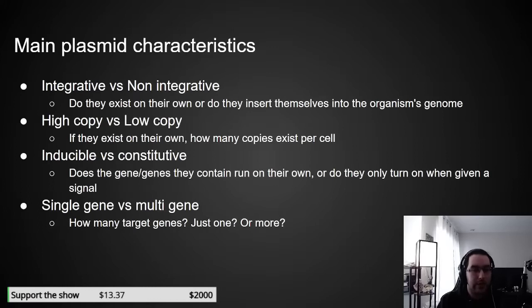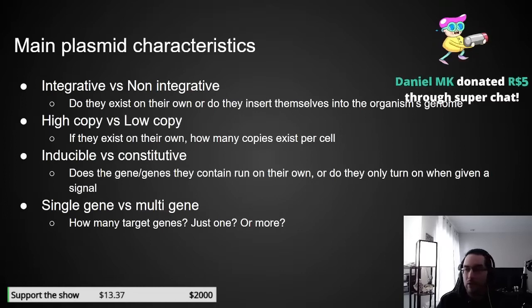When the E. coli detect that there's no more food or very little food left in the media, they grow very, very quickly, and then they detect no more food, and then they plateau. So OSMY is a gene that normally only turns on in the plateau phase. So it's part of how the E. coli handle